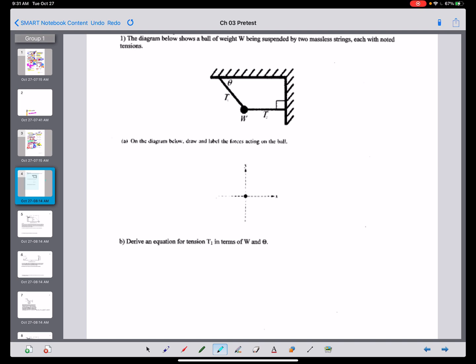Now in the first one, it always intrigues me how, when you put one of the tensions to the side, like we have right here, it throws people off. The nice thing about that tension is it isn't a problem child. So if we bring in our